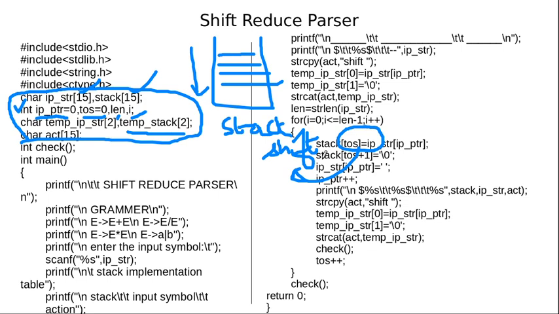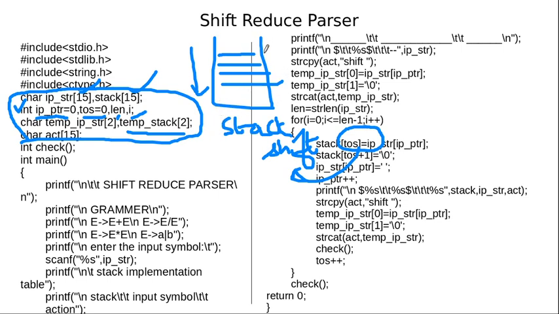How many input symbols are shifted at that instance, I want to store those symbols in one place with the help of one variable. For that purpose I am using the variable temp_ip_str. Also, in the same way, whenever we take the action reduce,